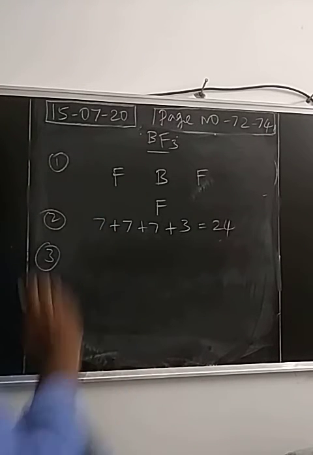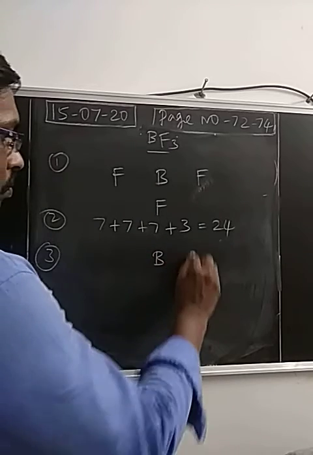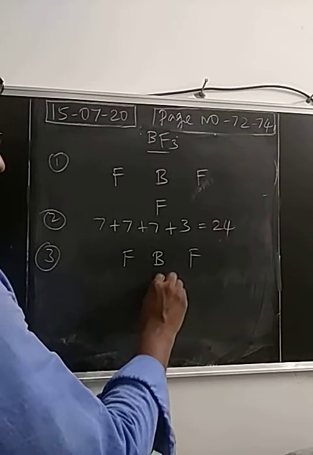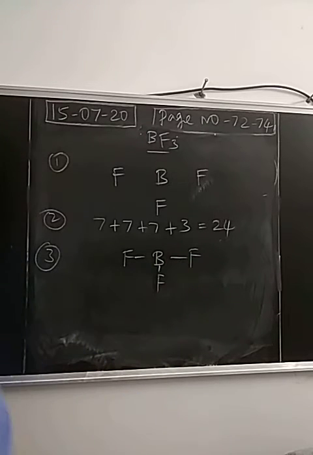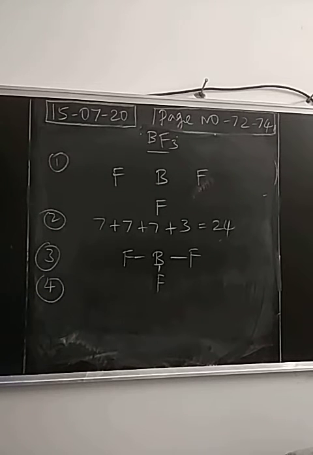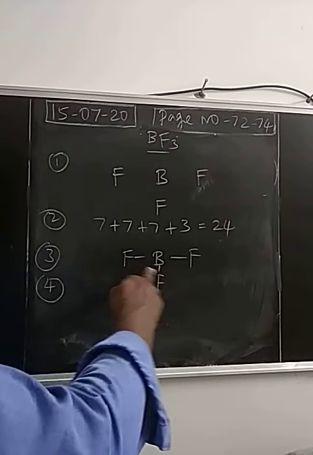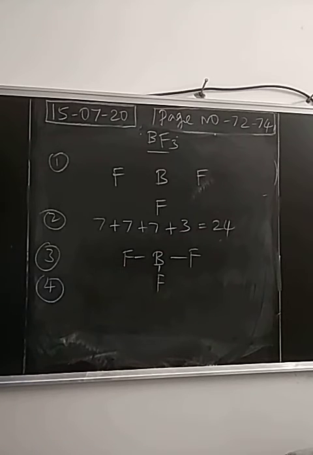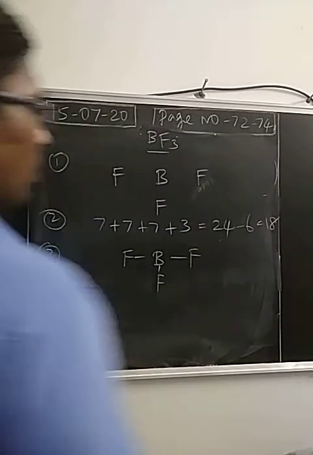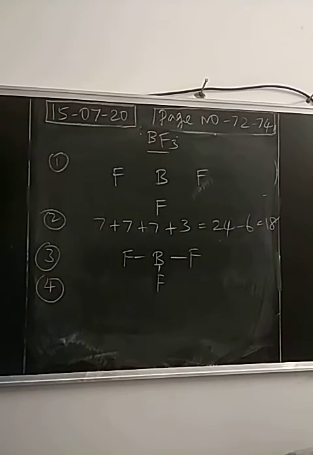Place the electrons as covalent bonds. So what are the possible covalent bonds? 1, 2, 3. 3 covalent bonds are possible. Out of 24 electrons, how many electrons are placed as covalent bonds? Only 6, since each covalent bond has 2 electrons. So only 6 electrons are placed as covalent bonds. How many remain? 18. Right. So in the fourth step,